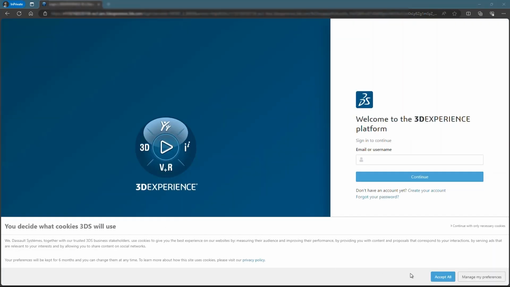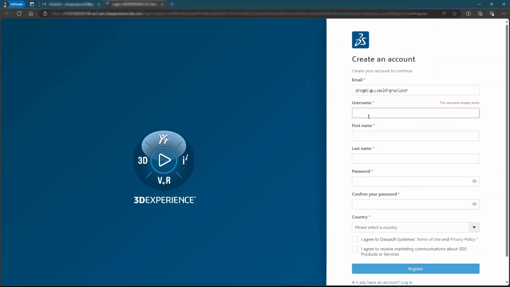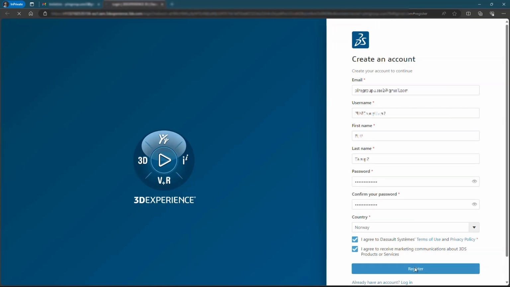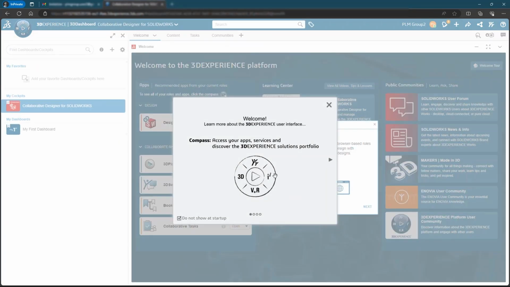And on the login screen, you can either use an existing 3DEXPERIENCE account, or you can choose to create a new account. So let's create a new account, and then we will press register. So when you do that, you will be sent to your platform,